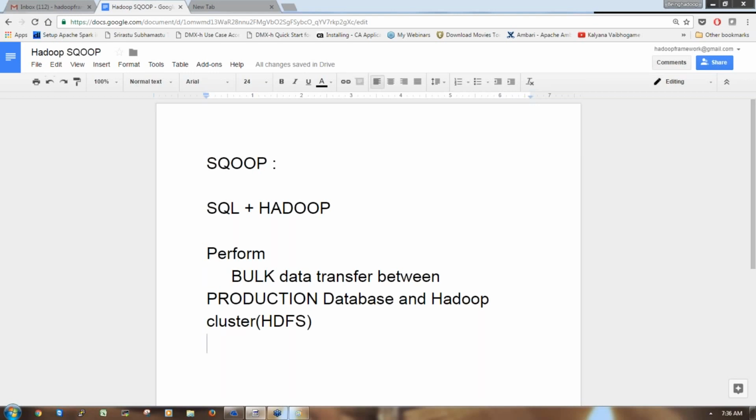If a client has a bulk amount of data in a production database, he uses Sqoop to transfer the data from the database to the Hadoop cluster.